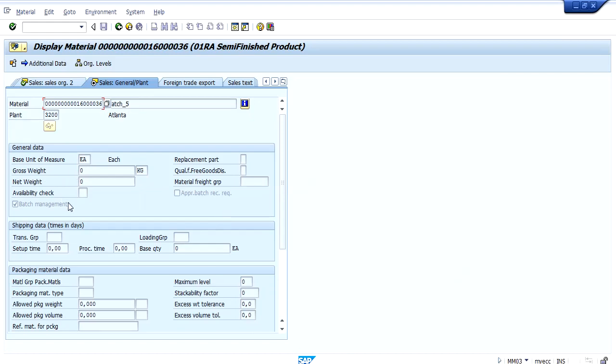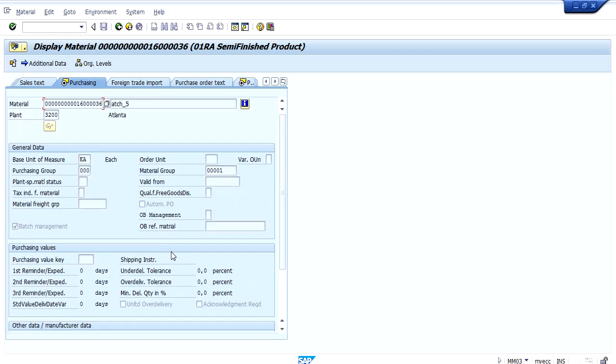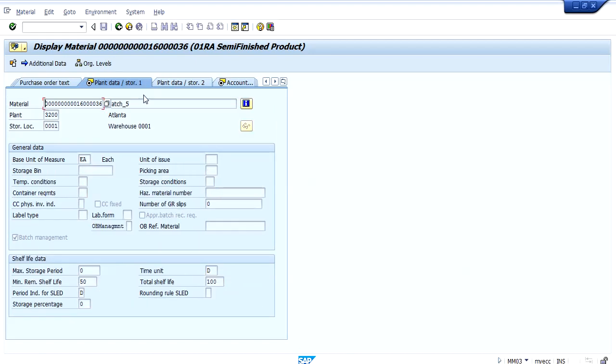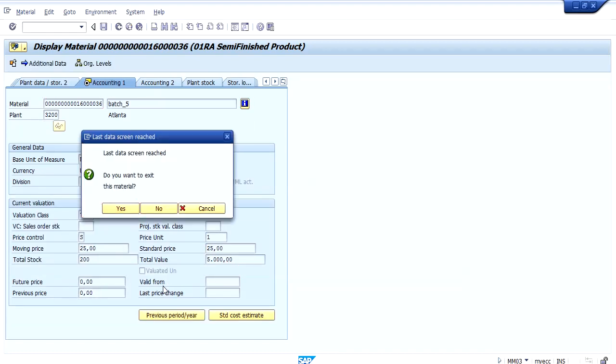Likewise, we have to activate the batch management checkbox here. Now in plant data and storage location, we have to give minimum shelf life and total shelf life. Once we give this, only then will the system prompt to give the manufacturing date, so that the system will check SLED automatically. So these are the prerequisites we have created.